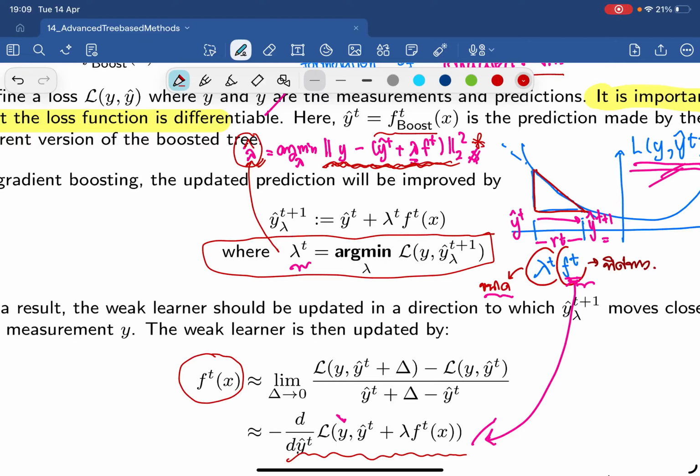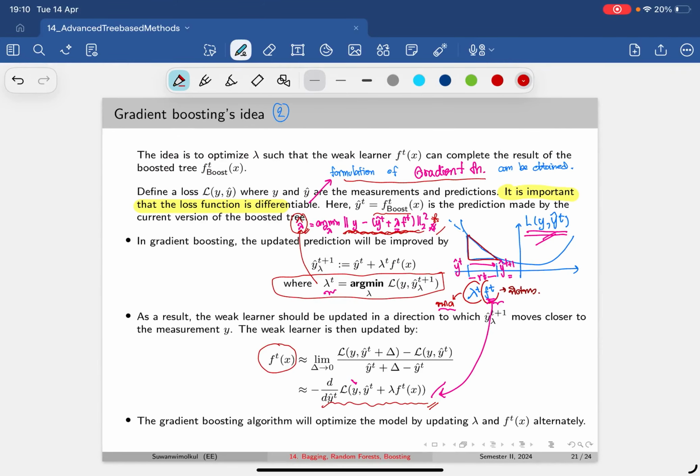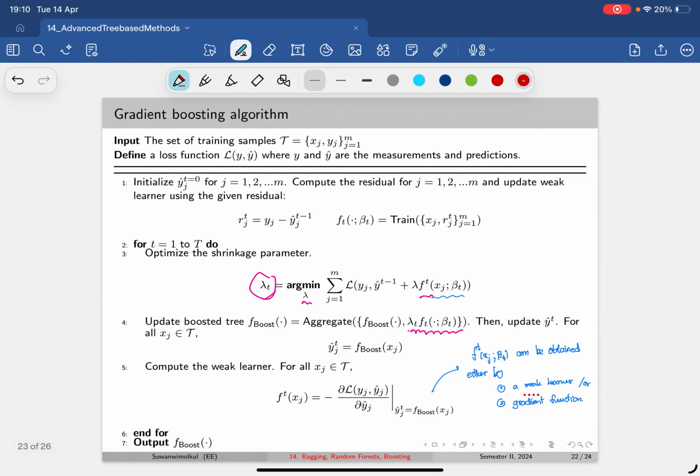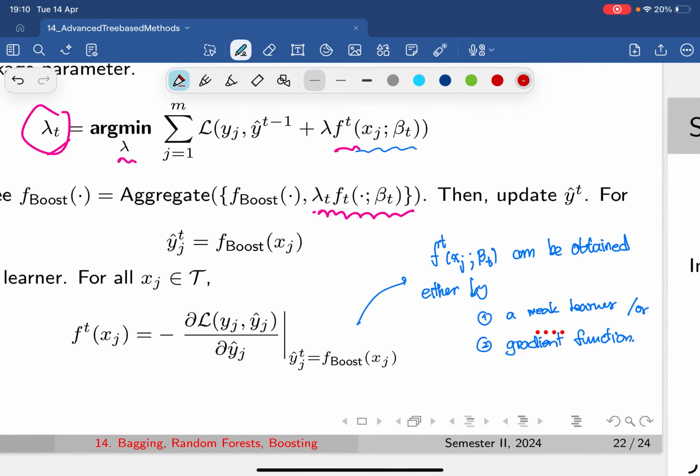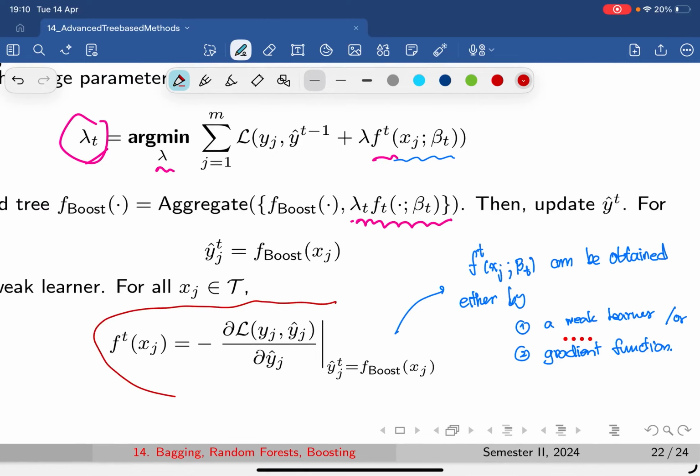So not only can you update this formula quite conveniently, but you will have a closed form formulation to update your weak learner. So that means that you may not need to train it every time, just like the previous algorithm. But in fact, you can actually update the weak learner both ways, either using the gradient formulation,